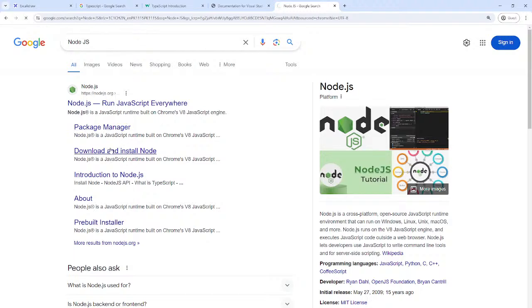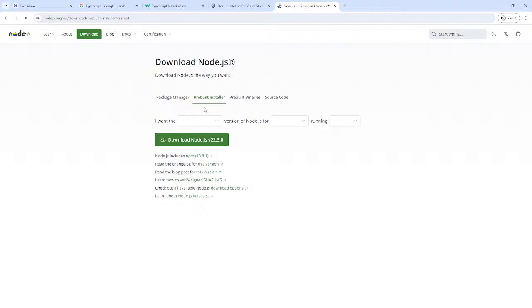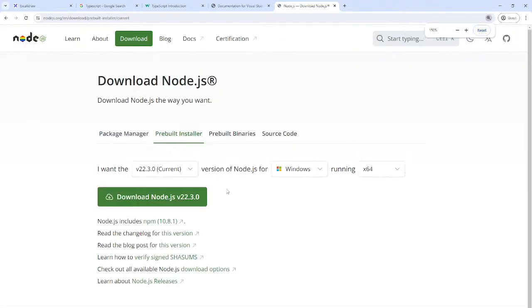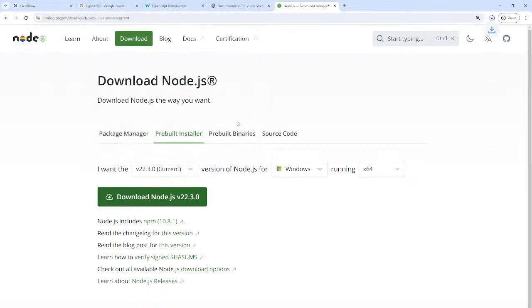We're going to download it pretty quickly. I'm going to go with the pre-built installer here. Let me zoom in a bit and simply click on download. I've downloaded it already, but I'll do it again for you. The internet is fast, so that didn't take long.